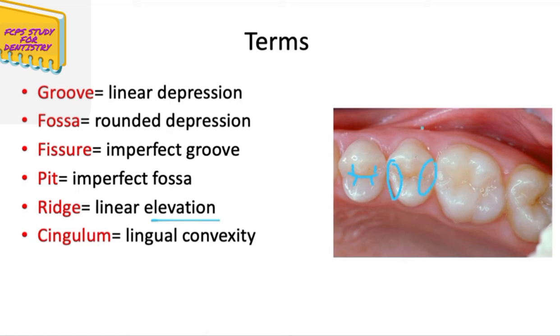Triangular ridges descend from a cusp tip and widen as they run down toward the middle of an occlusal surface. And last term on this slide is cingulum, which is a convex protuberance on the lingual surface of anterior teeth, right next to the gingiva. And we'll take a closer look at this U-shaped ridge when, again, we talk about the maxillary central incisor in the next video of this